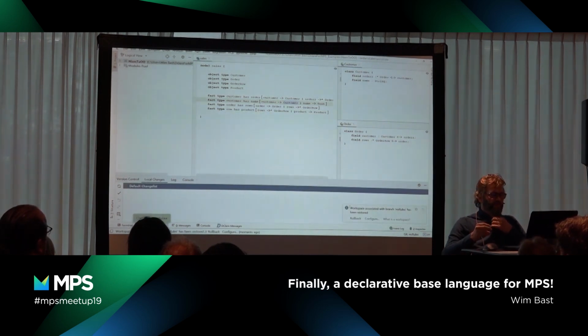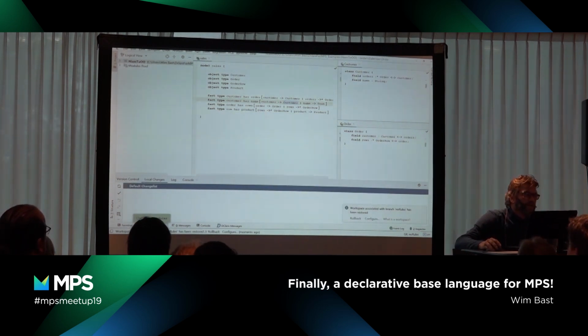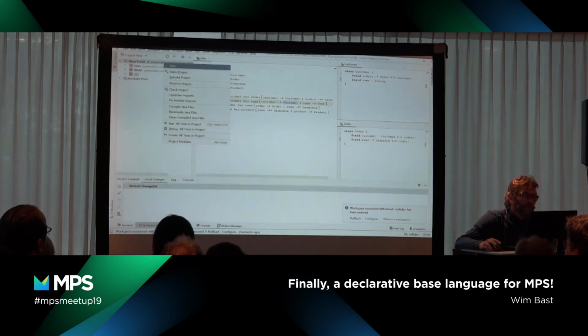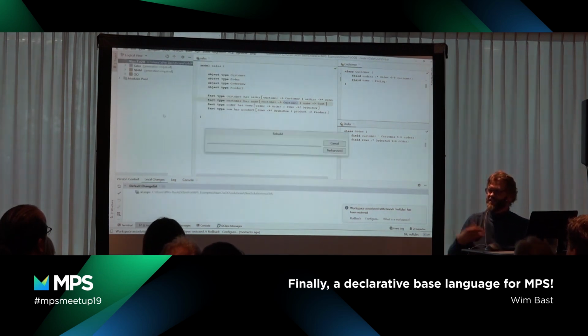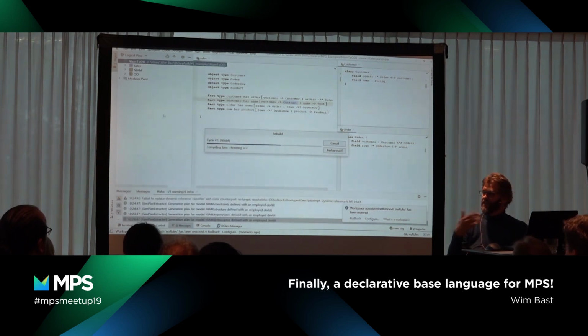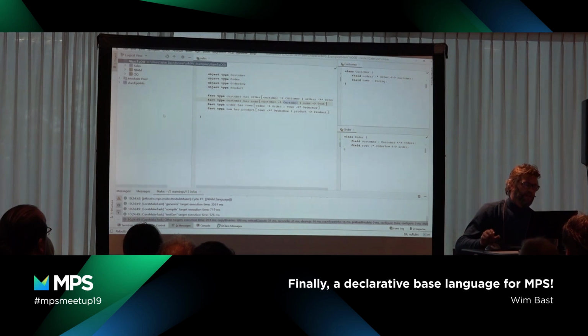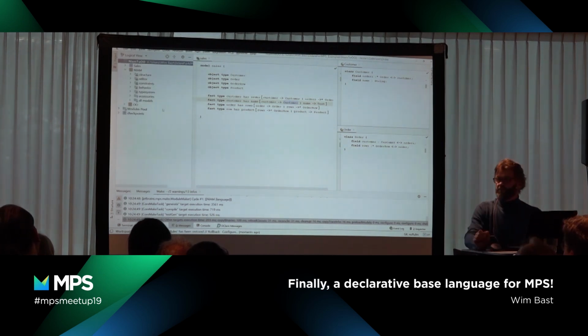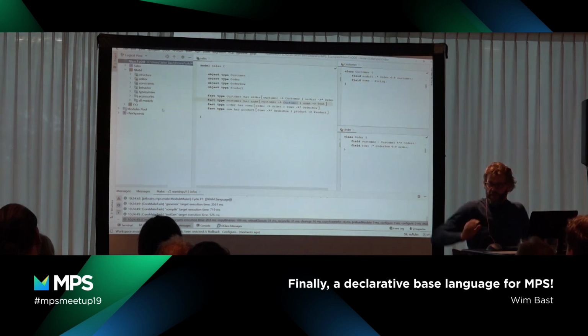So I have the same example here, and I will rebuild it because otherwise the engine is still running on the rules that are defined. It's just working as any aspect in MPS. And if you see now, in Neon we don't have any rules. I hope I will finish it.